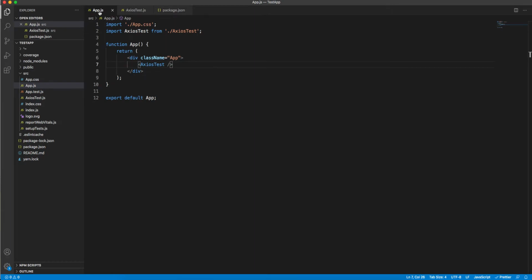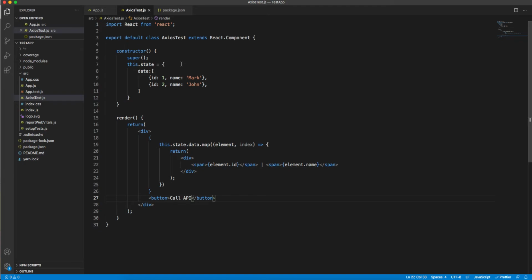I have a very simple application here. I've created a component, axios.js, and I'm calling it from app.js. So I have created only one component, and this component is being rendered inside app.js. If you go to Axios test, it has